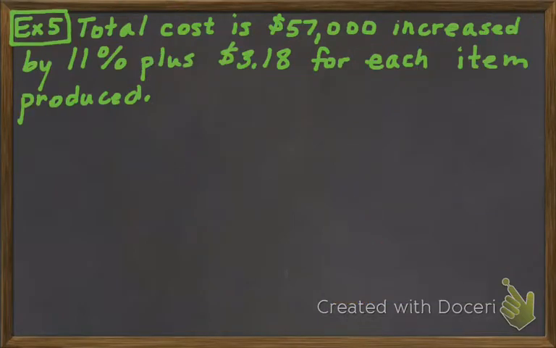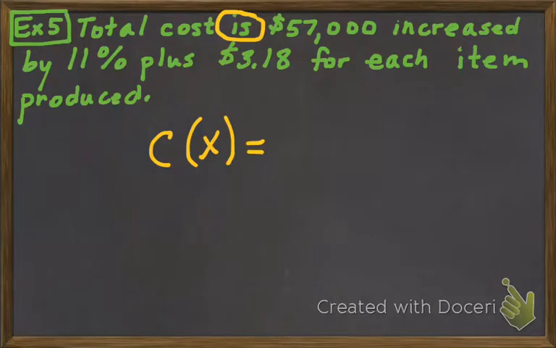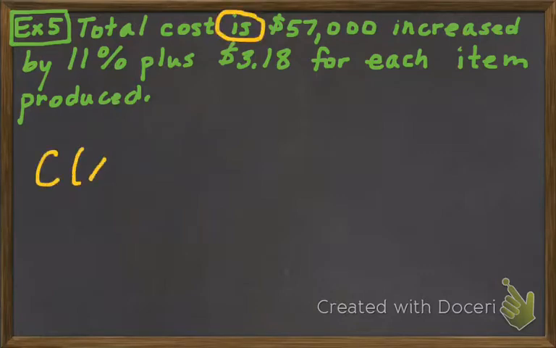One more of these basic ones. Example 5 says the total cost is, and when you see the word is, you already know that this is not just an expression, this is actually an equation we're about to write. So let's call this C of x, and that's to replace the cost, and now is equals. In fact, let me get that back off of there and try again. So is being the signal that we're going to write an equation. I'm going to start with C of x to name my equation. My function is